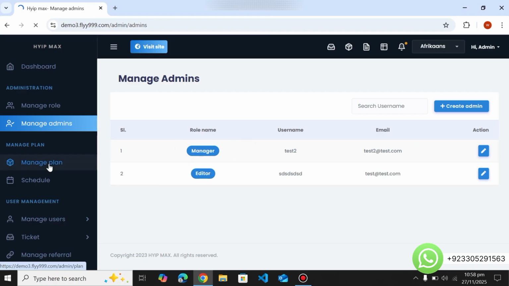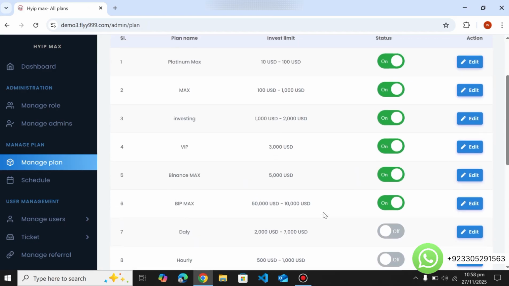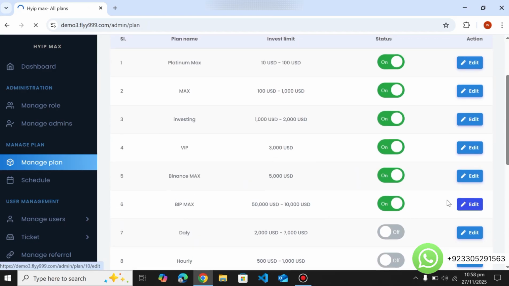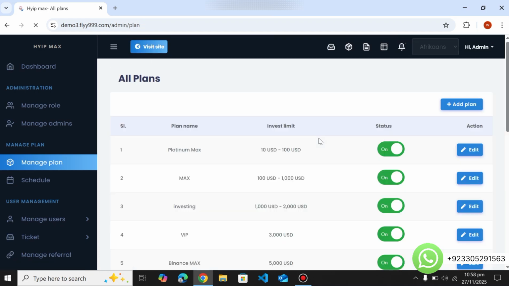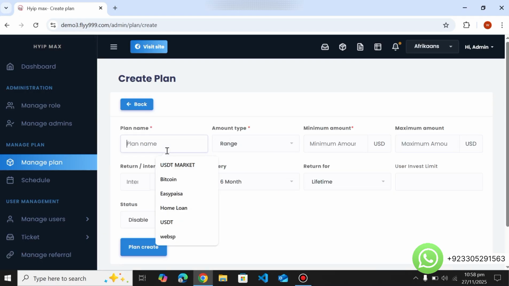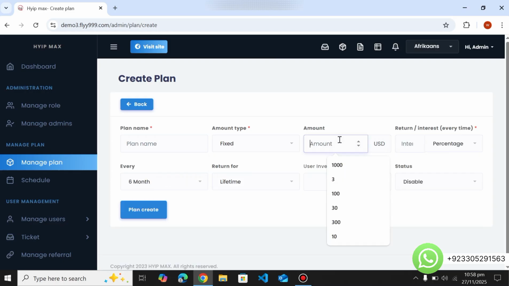Here is the manage plan option, from where the admin can create the plans on the website. So you can see all the already existing plans. From here you can edit the existing plans as well, and change their details. And now if you want to create a new plan, you can click on add plan. Here you have to enter the plan name, a range type, minimum, maximum. Like if you make it fixed, there will be no range, so you have to enter the fixed amount,